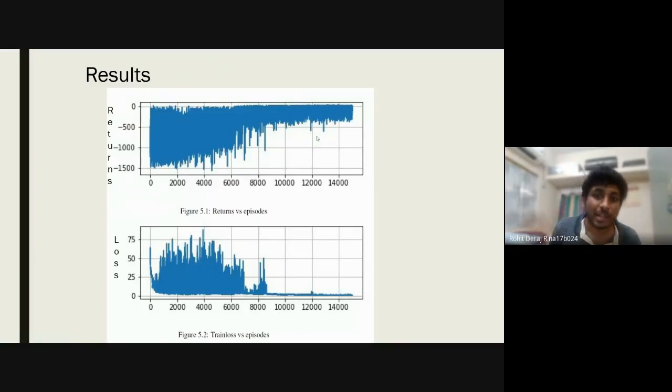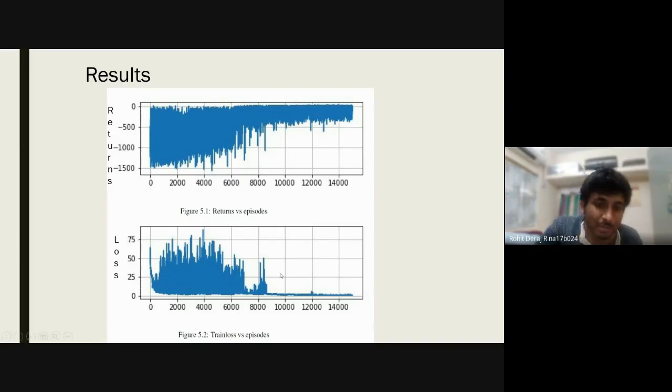This is because for each episode, I'm choosing a different destination point, and the return of the episode does not necessarily remain the same for a different destination point, because it changes with respect to the location of the destination point and how much distance is between the initial and the final waypoint.